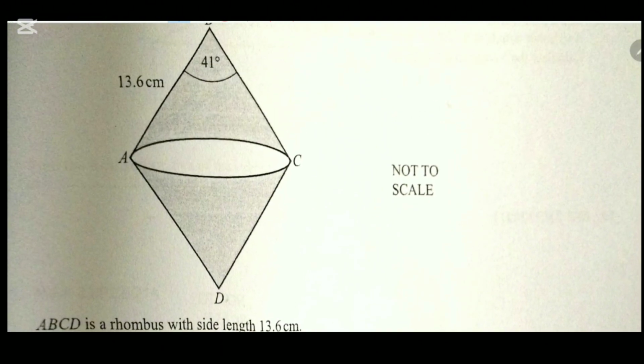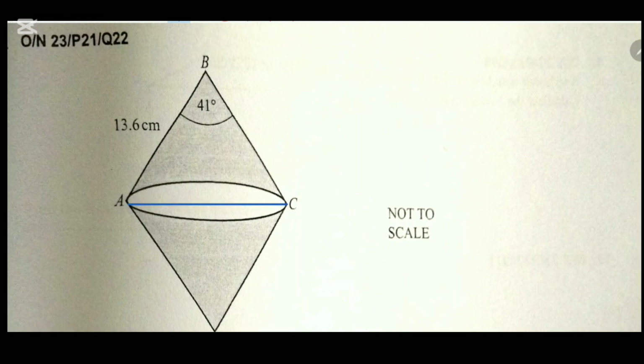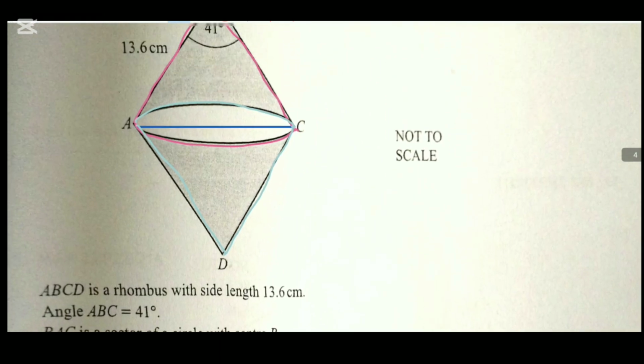What is the method to solve this question? You have to draw a line first of all. So how will you solve it? First of all, you can see this one. This is the sector of the circle. The blue one is the, let me change the color. This is the sector of a circle and the other sector of a circle is that. This is also a sector of the circle. So there are two sectors of a circle here.